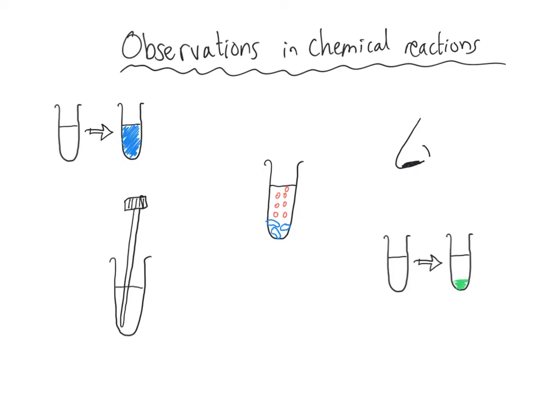Now, before we look at the rate of chemical reactions, it's important to consider the different things that we might observe during chemical reactions. There are 5 main things that you might observe, and I'll start with the one that's least important in GCSE chemistry, which is that we might smell something that was not there before. The other 4 changes on this page are really common in GCSE chemistry, and the one on the bottom left is that there might be a temperature change,